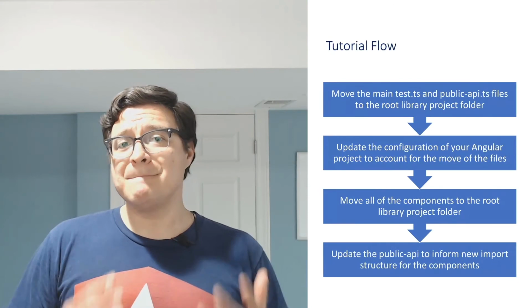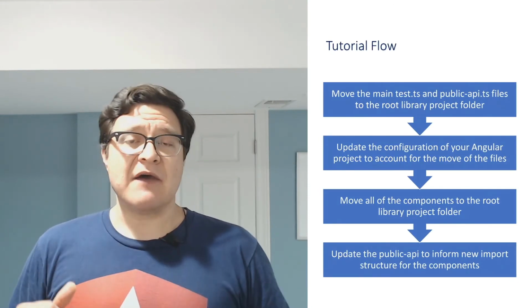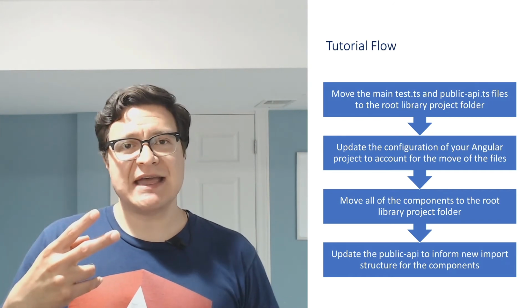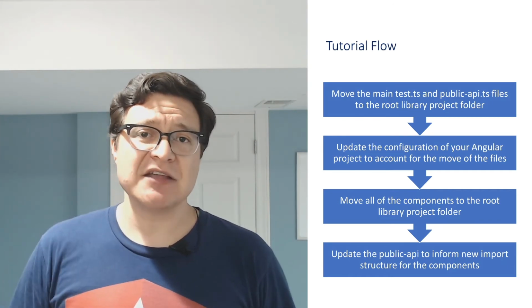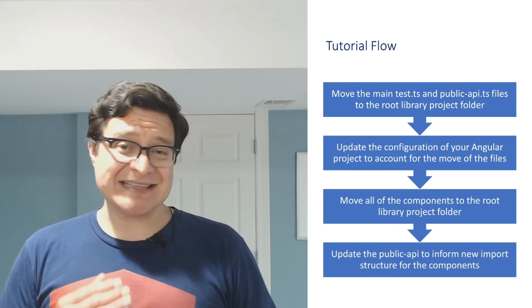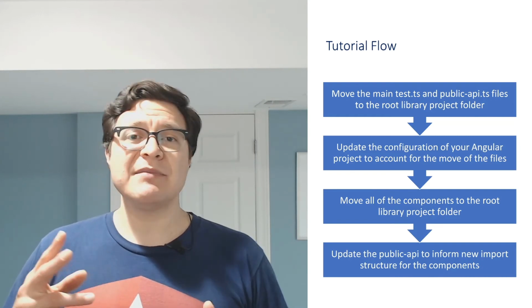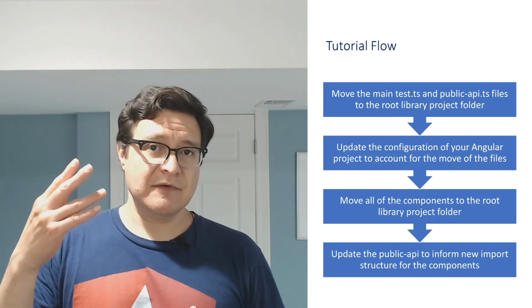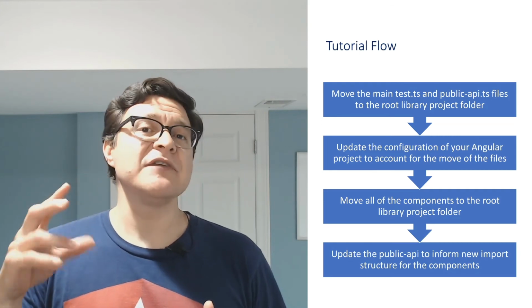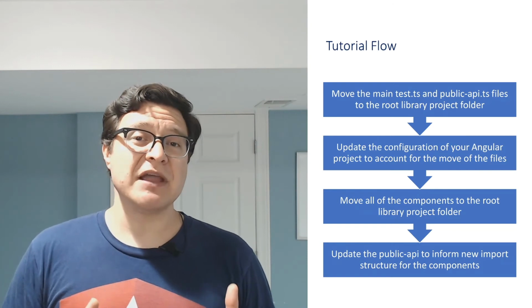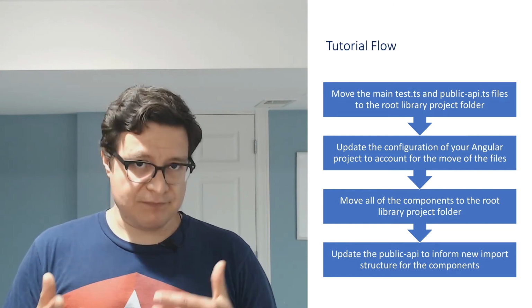All right, so the tutorial is going to be fairly straightforward. We're going to be covering 4 main pieces. First, we're going to start by moving the 2 main files that get created out of the box when you use the Angular CLI, and those are the test TS file and the public API TS file. We're going to be moving those up to the root level of your library first, followed by updating some of the configuration of the Angular project